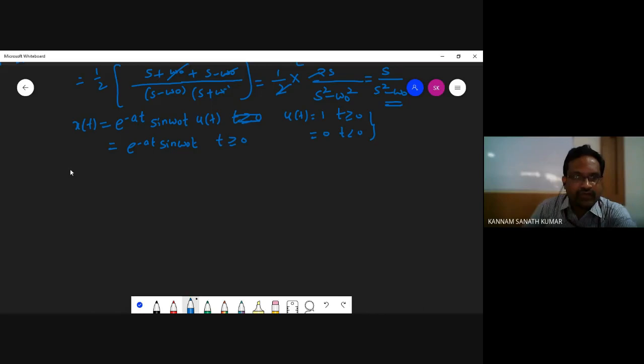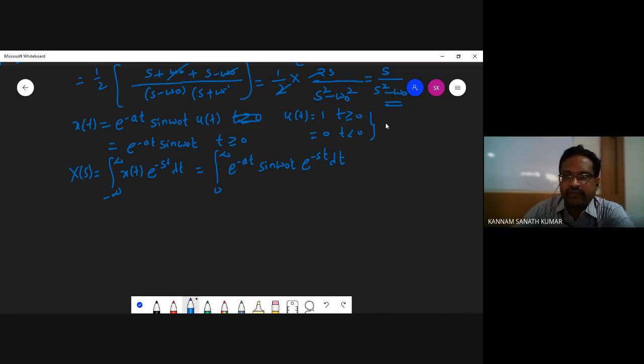Okay, so that's why into 1 means that's the same function itself. Now we have to apply the Laplace transform. So x of s equal to integration minus infinity to infinity x of t into e power minus st dt. Okay, so this is from 0 to infinity e power minus at sine omega naught t into e power minus st dt. Sine theta in terms of exponential, if you write e power j theta plus e power minus j theta,